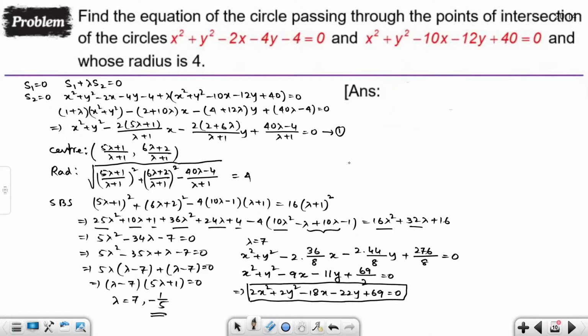So let me just put it here. In equation 1, we are getting